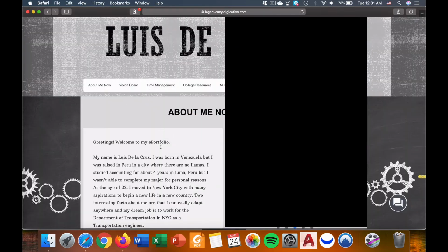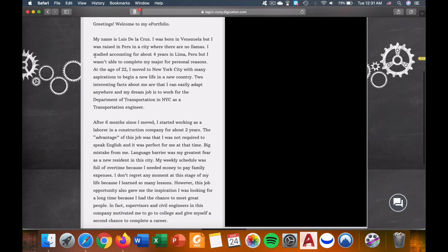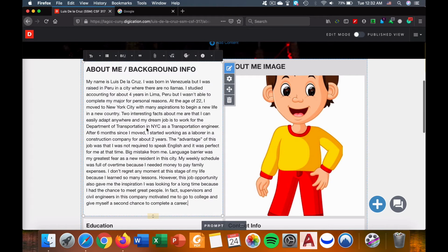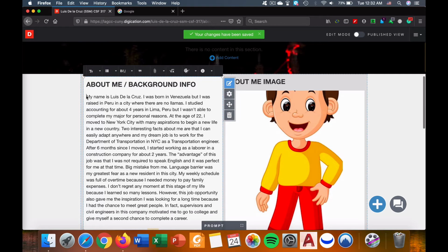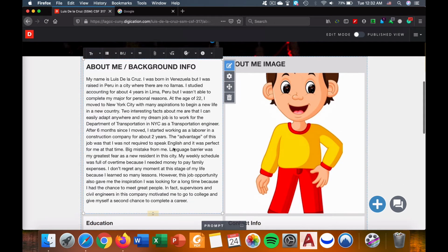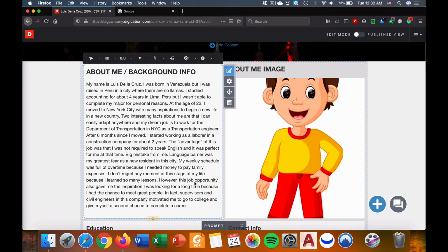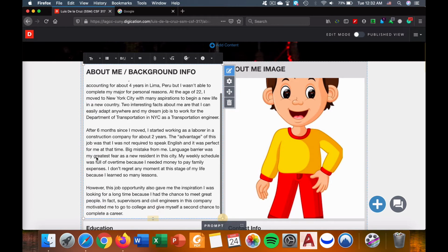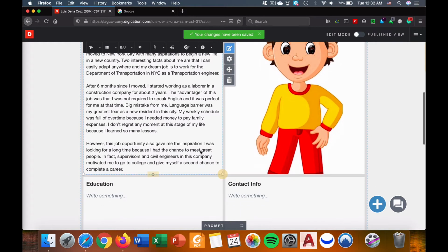I already have one open, so I'm just gonna copy and paste. As you can see here. So I'm just copy and paste. You will have, as I said before, 3 paragraphs. So I'm just gonna try to make it like 3, even if it doesn't make sense. For now, this is an example. So then, as you can see here,